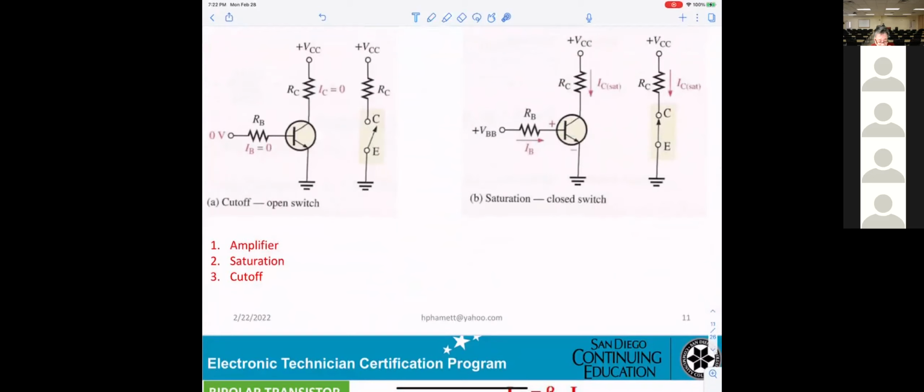Now, we already talked about the bipolar transistor, it can be an amplifier, it can be saturated, or it can be cut off. This will be talking about cut off. Cut off means the diode here is open, not working, so no current, IB 0, IC 0. And basically, they get like a switch open, okay?